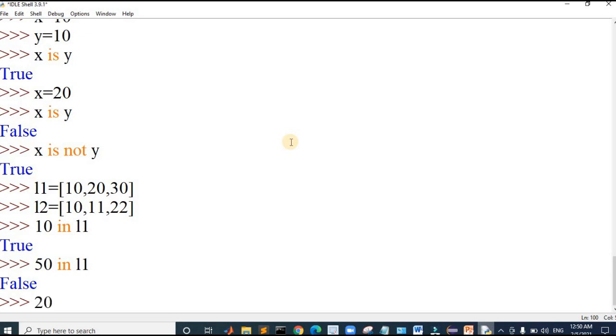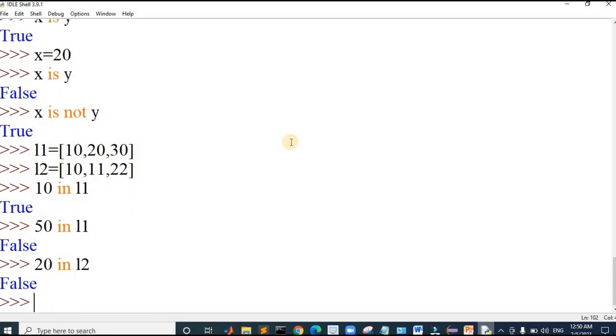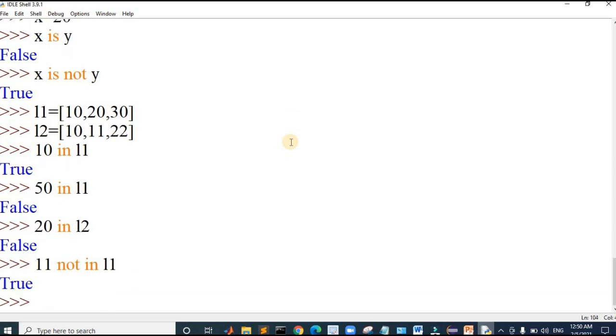For example, 20 in L2, it is not there, so it returns false. Similarly, we can also check for not in. For example, if I check 11 not in L1, it returns true, because 11 is not in L1.